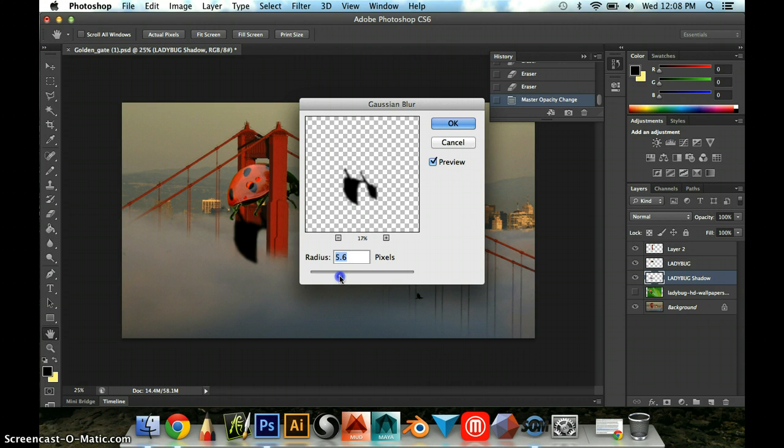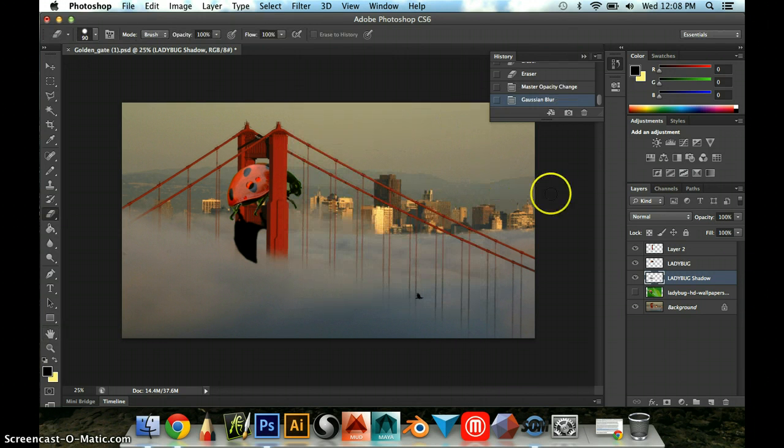In the case of my shadow, a lot of shadows you might have a more diffused, soft shadow like that. But in the case of my shadow for my ladybug, my shadow is going to be pretty sharp, because if you look at the shadow on the Golden Gate Bridge that was already there in the picture, it's pretty crisp. So I'm going to blur it as much as I feel like I need to, and